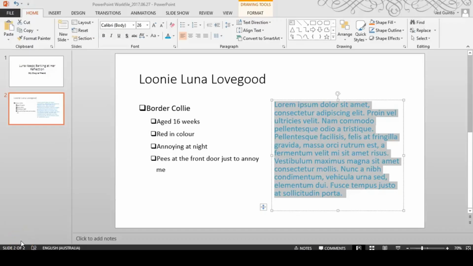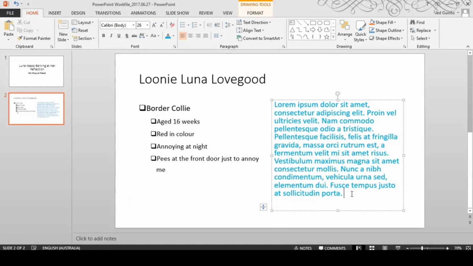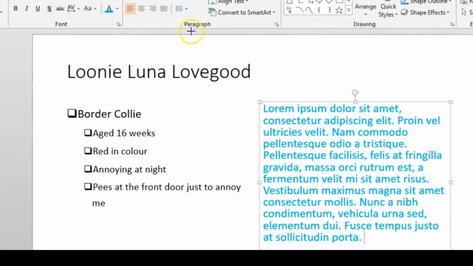Hey, welcome back. So I thought I would add this as an additional lecture on justification. Originally, I wanted to show it simply because it doesn't completely apply to PowerPoint, but it may apply to other things that you do. The fourth justification, if we go to our paragraph section, you'll notice that in the previous one, we only did the first three, and that's really all you'll be using in PowerPoint. In Microsoft Word or any kind of word processing, you may use the fourth one, and I'll show you exactly